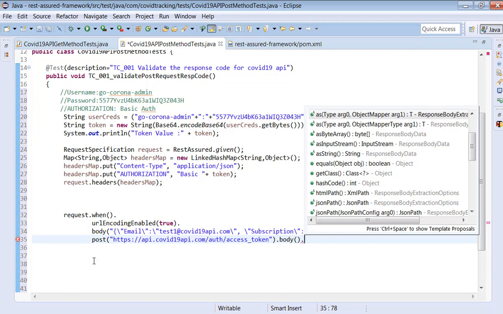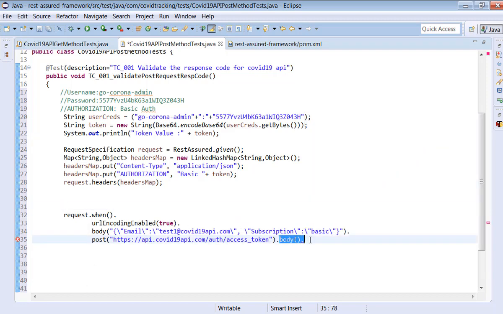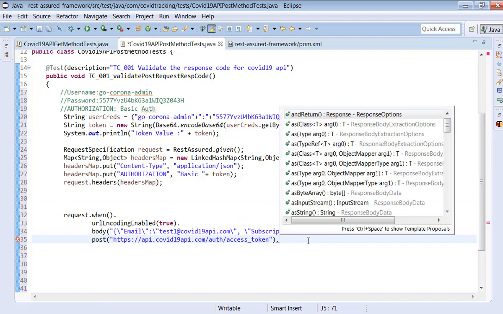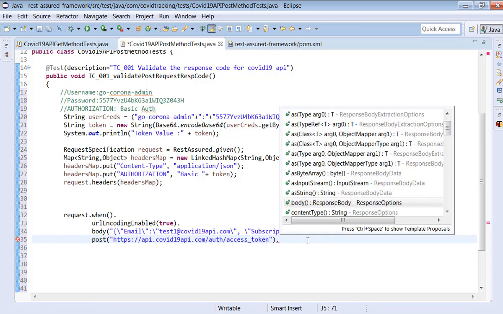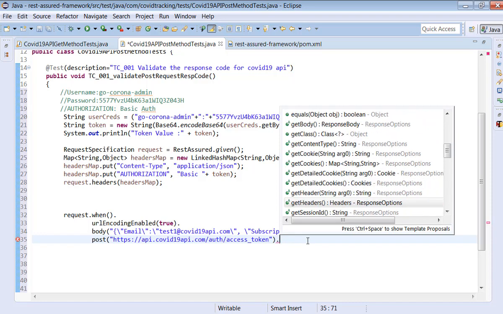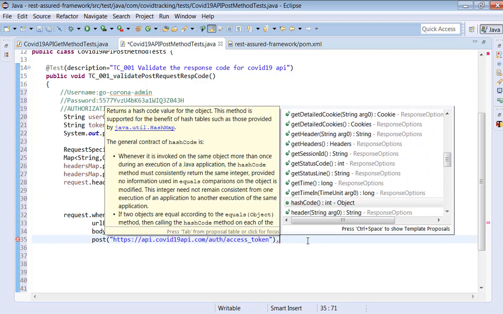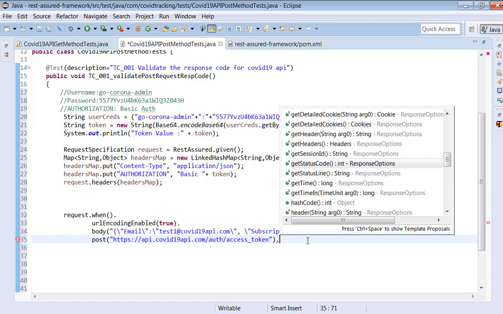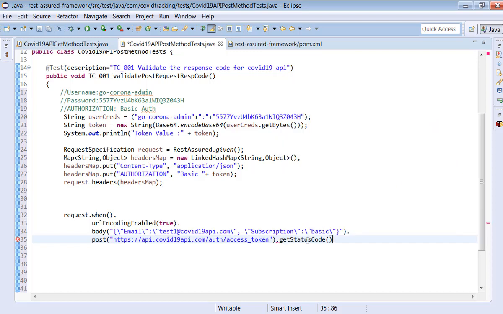So let me try to remove this body. Then let me see for the post, do we have any response code available? Let's see each and every method. Here all are get methods only. Okay, you see here there is getStatusCode and this is returning an integer. Okay, yeah, this is right.